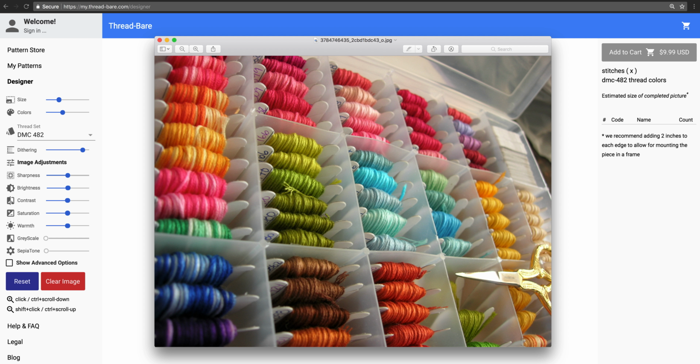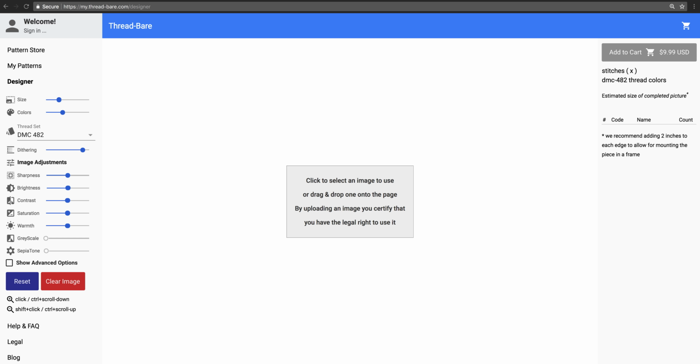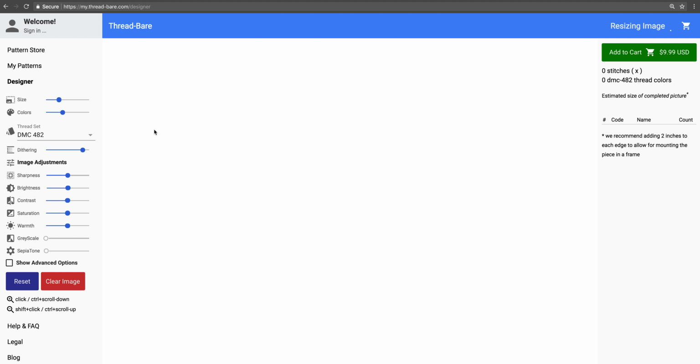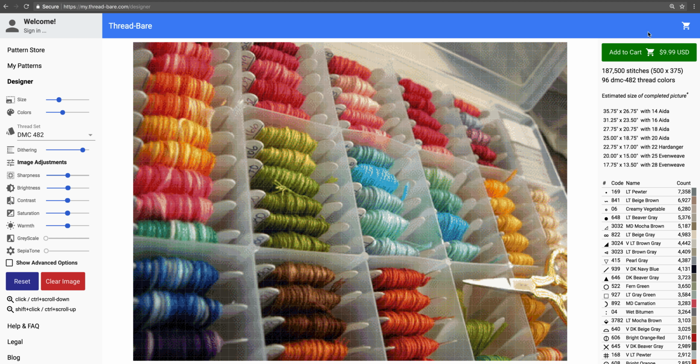So I thought it'd be useful for us to explore some of the options and see how they affect things. To do this, I'm going to use this image, which is a picture of threads. And what we'll do, we'll just start by loading this into our app. This is web-based. You just drag and drop the image. And what this will do is convert it into a cross-stitch pattern. So you see it has the progress in the top right, and there's our completed